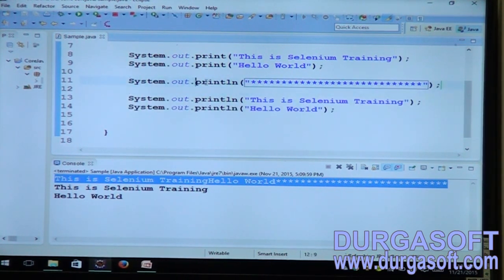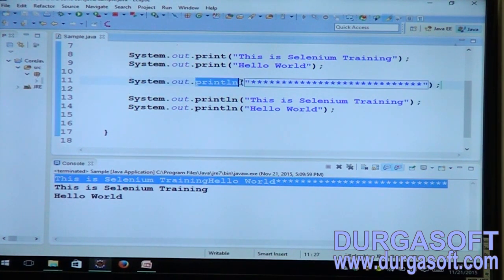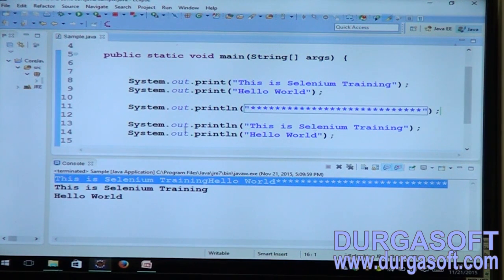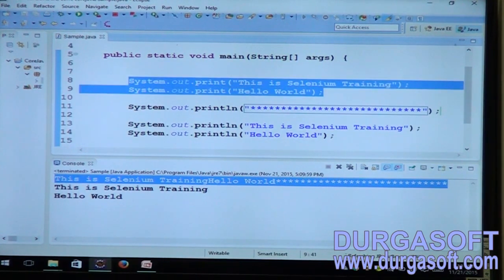Because here the line starts, and after it prints this, it is going to break the line with this println, so that this text is displayed in a new line. Again it is going to break the line, and going forward this is going to be displayed in the next line as well. Clear, team? So this is the difference between a print and a println statement. And in real time scenarios, we'll be working with println only, team. We are no more working with the print statement. Okay, fine.